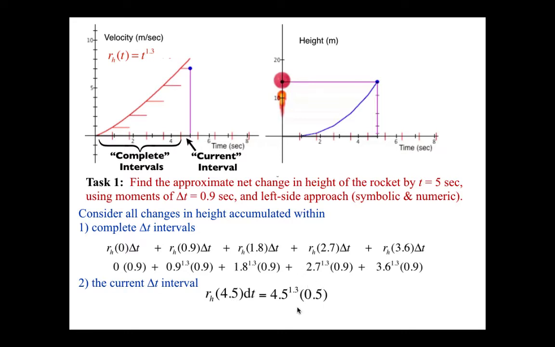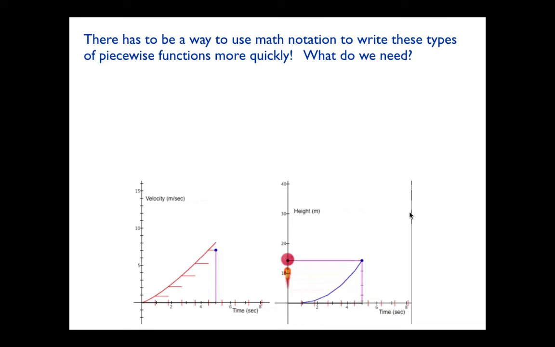So what we jumped to after this was a quick review of how summation notation works, because what I'd like to be able to do is write all of this in 2 terms, really. There's that one stray term from the current interval. It's different from the others. It's got 2 things different. It's got a different input for the rate, but all of these have that. But it's also multiplied by a different number. And that number depends on where this is relative to the end of the interval. So that last term's a little bit messy, but the rest of them,